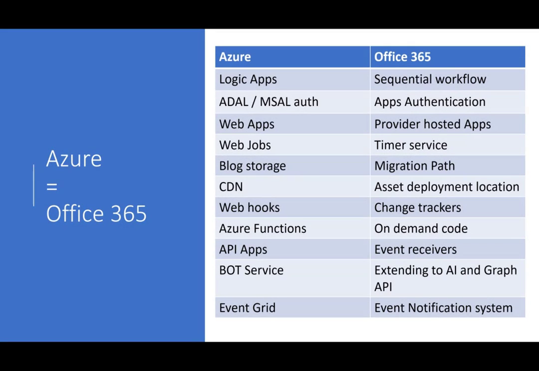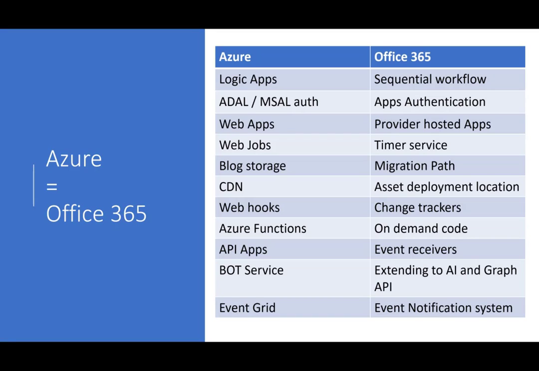Now, how do the Azure skills map to Office 365? You might have seen Azure Logic Apps. That's around the sequential workflow process. And Microsoft Flow is a nice wrapper on top of Azure Logic Apps and works well. The way you work with Azure Logic Apps and Azure Functions and other things, you can do the same thing with Microsoft Flow as well. Your Azure applications do ADAL or MSAL based authentication by default. The same applies to Office 365. So your authentication is the same for both sides of the information.